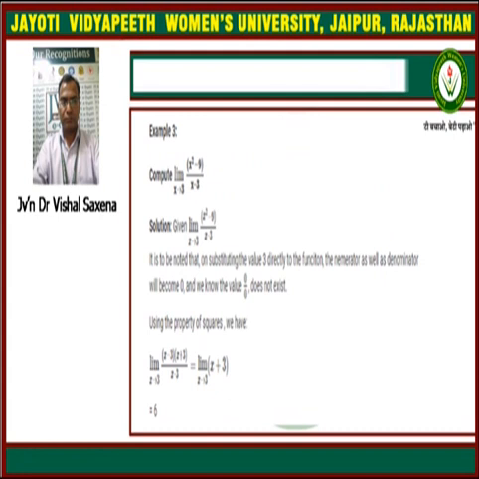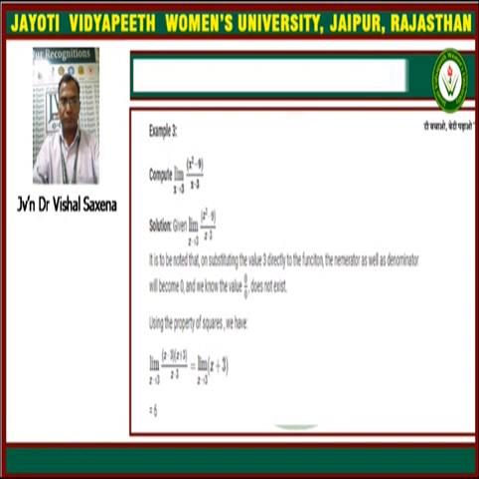Now one more example we can take here. Limit as x tends to 3, and the function is (x² − 9) upon (x − 3). We have to find the limit as x tends to 3. If we substitute x equal to 3 in this function, the numerator will become 0 and the denominator will become 0. So it is the form 0 upon 0, which in mathematics is a non-existing value. So we cannot put x equal to 3 right now in this case.